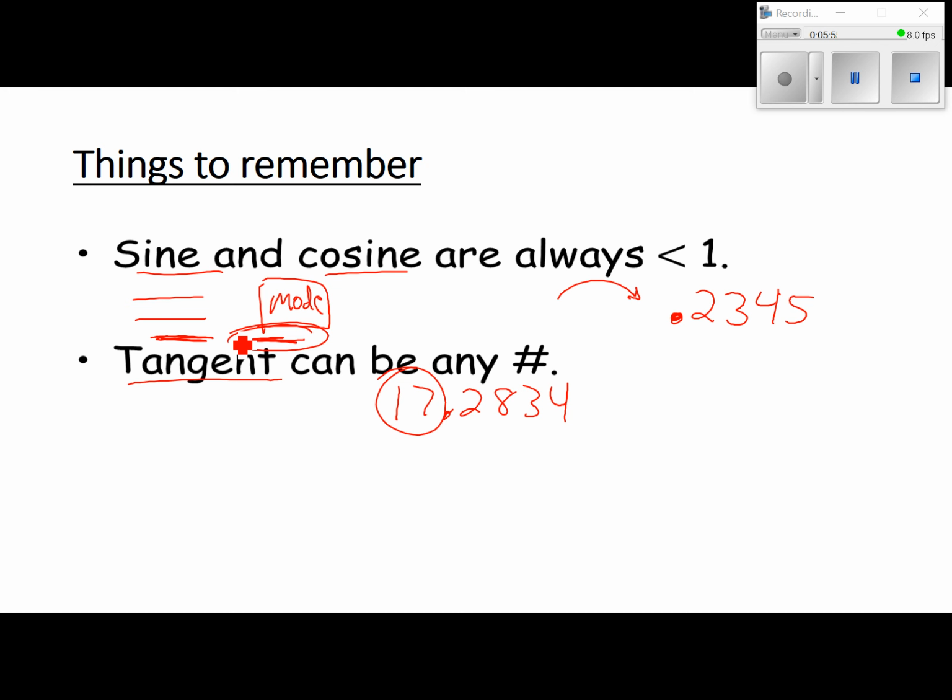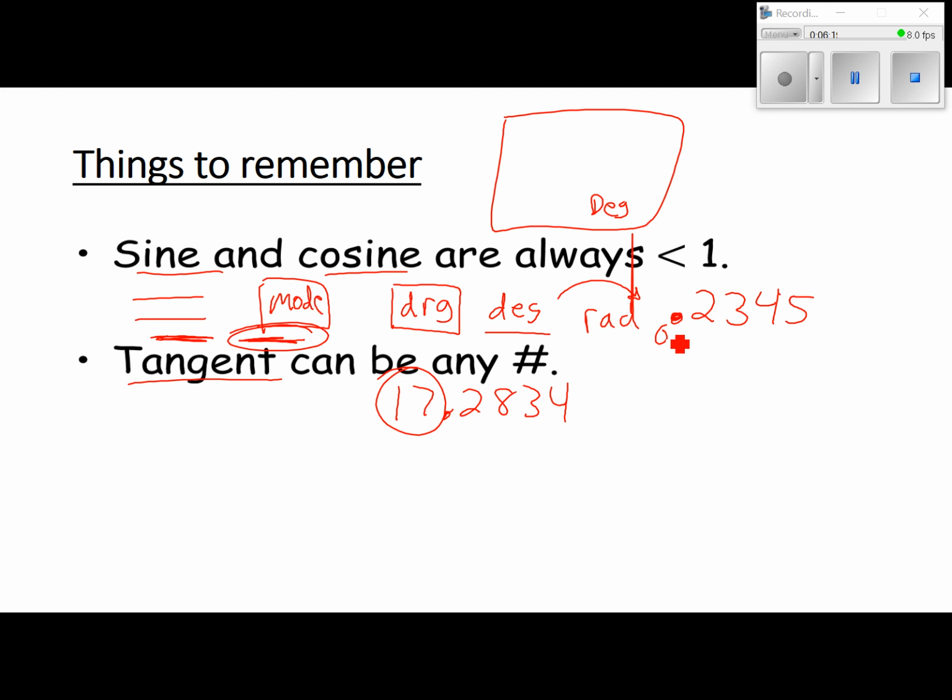If you're on one of the small calculators, your screen looks like this. It should say DEG on it somewhere. That means it's in degrees. If not, then on the TI 30s you have a DRG button. You go to it, and it'll pop up degrees, radians, gradians. You want the degrees to be underlined. If the mode's wrong, if it's not in degrees, then it's going to give